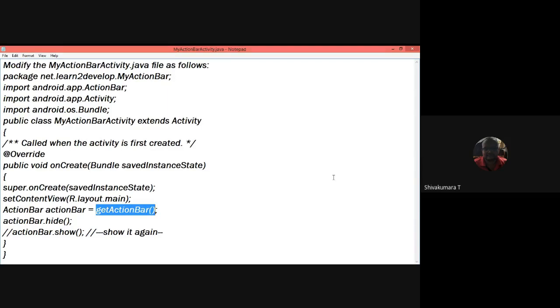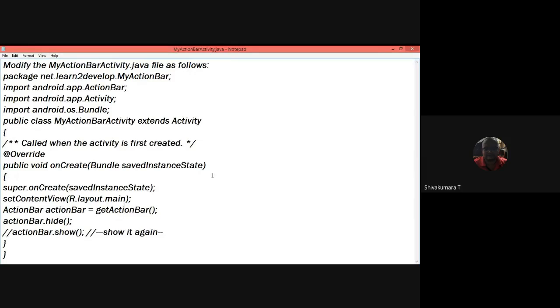And there are two methods. One is the hide method and one is the show method. Whenever you move the cursor onto the action bar, it becomes visible. It lets you see all the options available in the action bar. When you move your finger away, the action bar is immediately hidden.